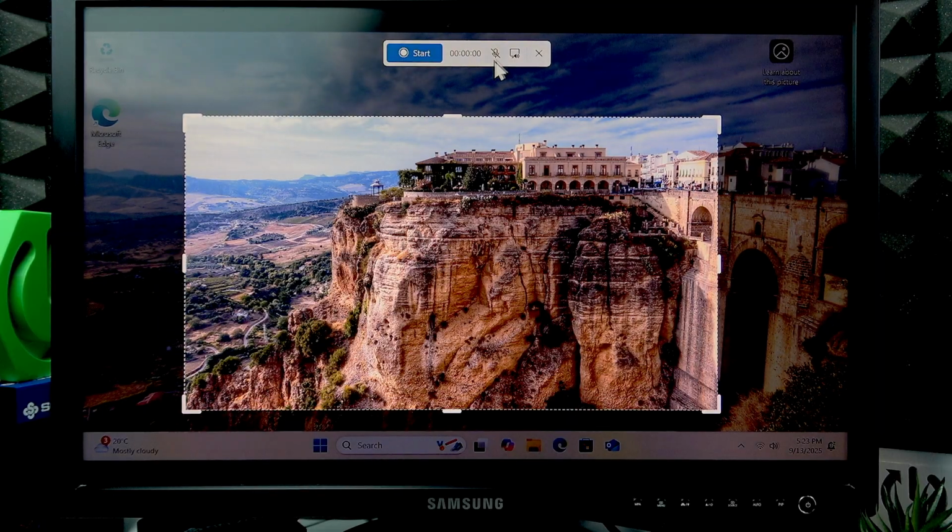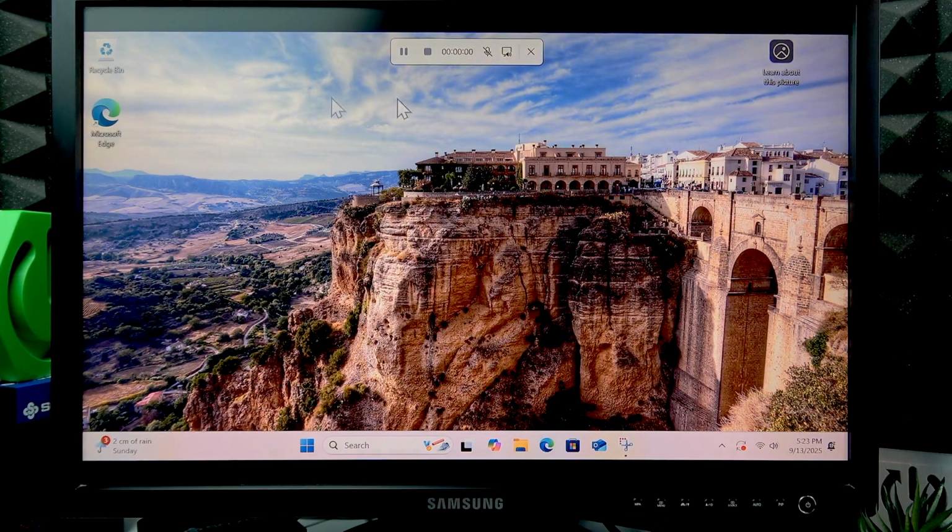And as you can see here, we got two new icons. This one unmutes your microphone once you click on it, and this will mute your system audio if you click on it. Now click start to begin the recording, then let the snipping tool access your microphone. Right now it's muted by default, and now everything that happens within this selected area will be shown on the